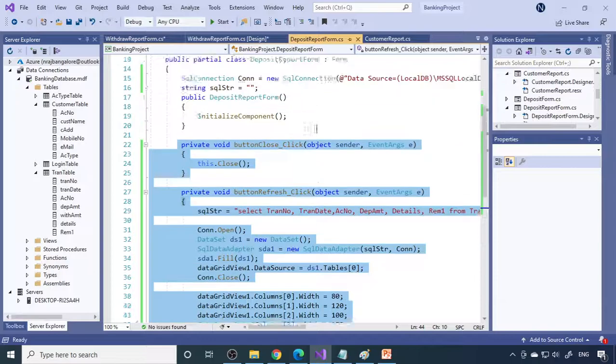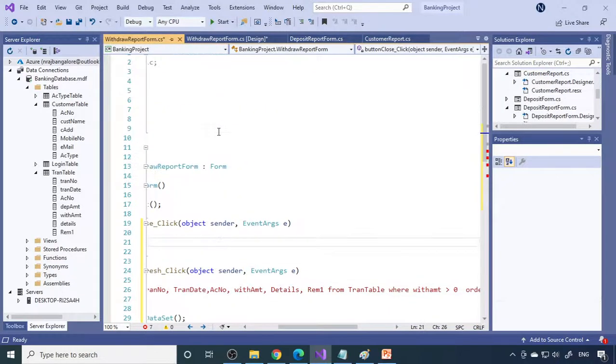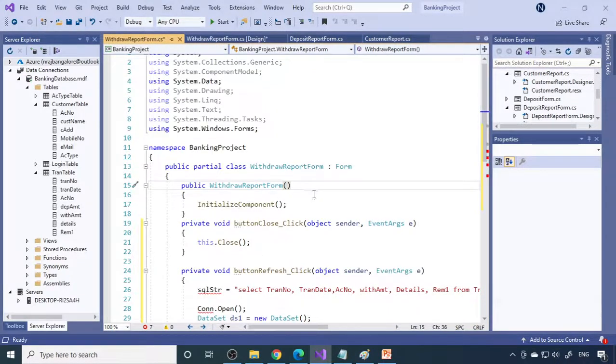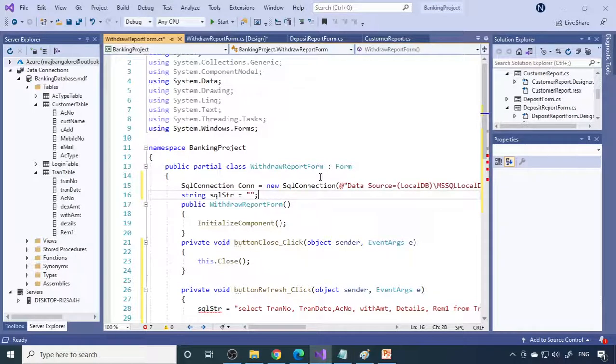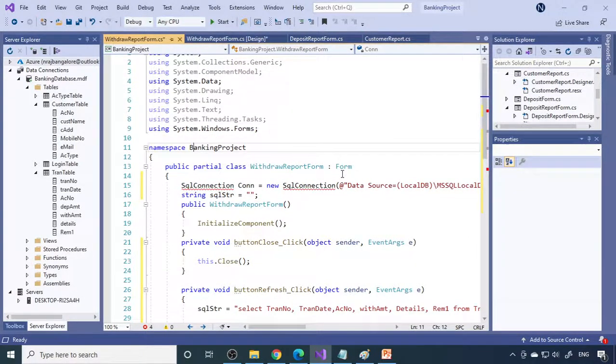The rest of them are almost the same. Now copy this SQL connection. Then here you have to import SQL client. This SQL client is important in every page, therefore you need to add it in every page.